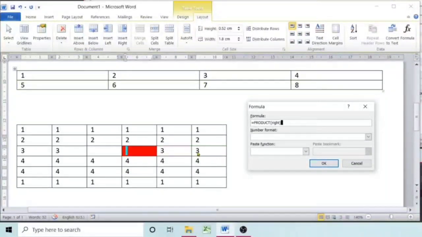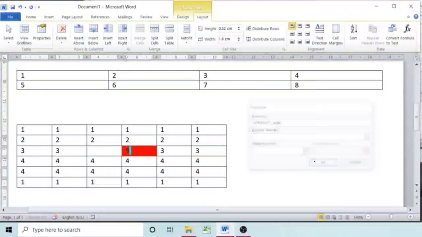So 3 multiplied by 3, the answer is 9. When you change number here, the answer will not change. So if any number in your formula changes, and you want the answer of that formula to be changed, you will use function key F9.